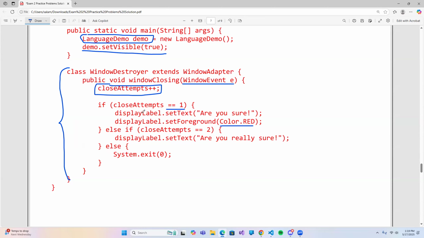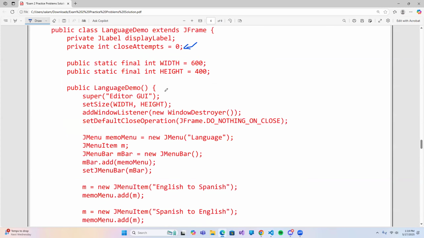Otherwise, if the close attempts is 2, we display label and we set the text, are you really sure? Right? And we don't need to set the color again because it's already red. Otherwise, we system exit. Right? So this is where we have to use the